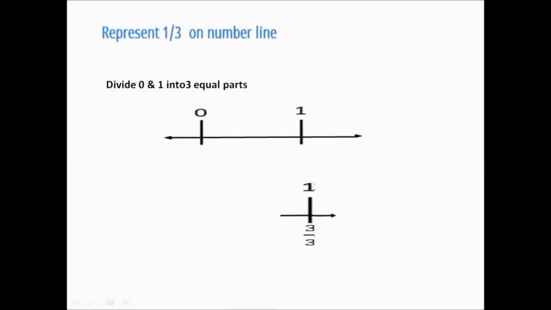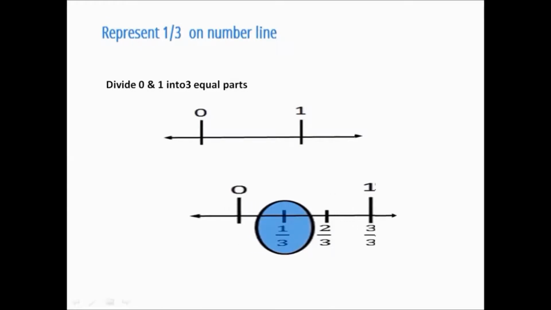Let's see how to mark the rational number 1 by 3 on number line. It is very easy, similar to the previous example. Remember that all proper rational numbers lie between 0 and 1 or 0 and minus 1, just like the fractions. Being the proper rational number, 1 by 3 lies between 0 and 1. You can see the denominator contains the number 3. So, the unit part between 0 and 1 is divided into 3 equal parts, and the first part is marked. The number 1 by 3 is highlighted on the number line.